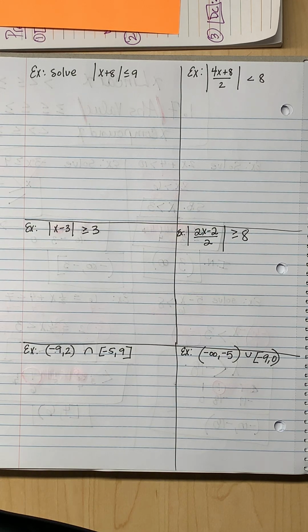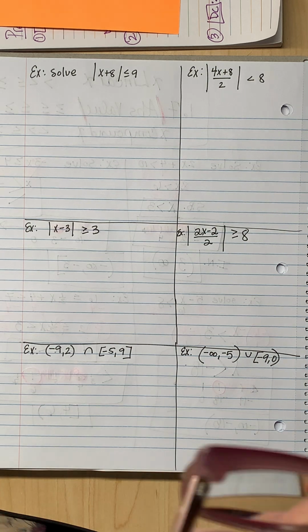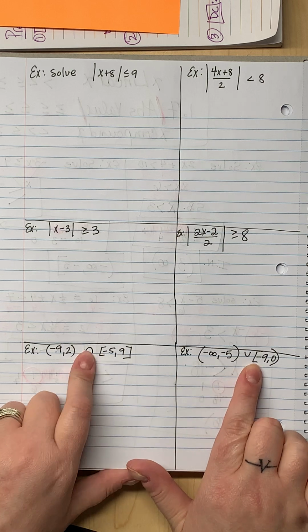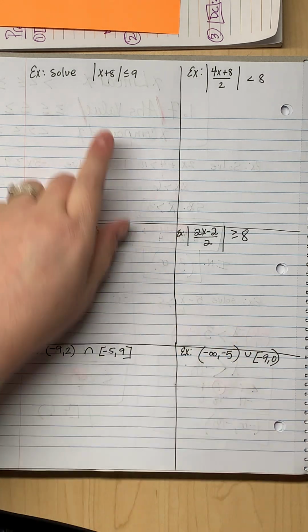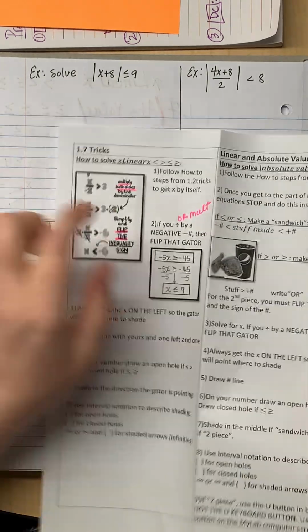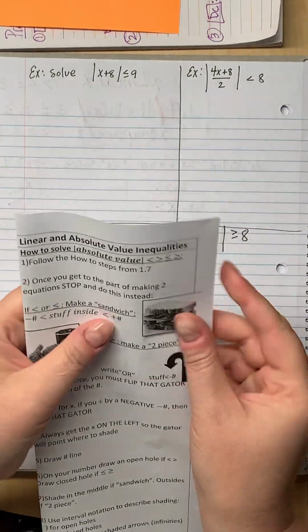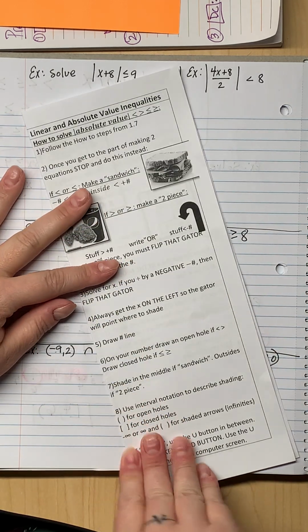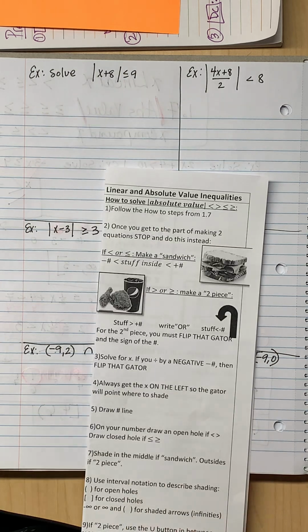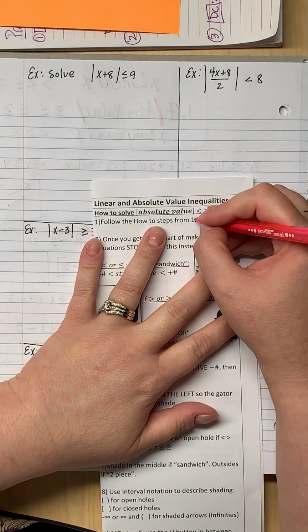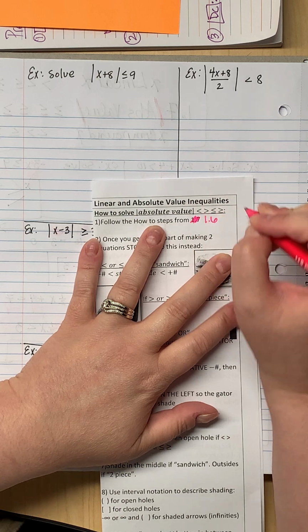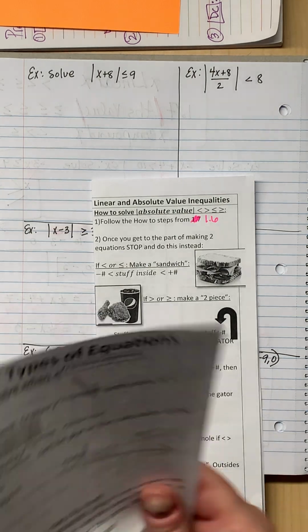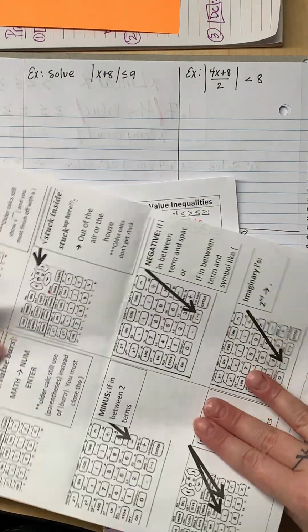All right, so this last bit is about absolute value inequalities, and then these weird things down here called intersection and union. Okay, so first, for the absolute value, let's look at our how-to steps on 1.7. It says follow the how-to steps from 1.7. That's supposed to say 1.6. My bad. Okay, and the how-to steps from 1.6, when you have absolute value bars, is to